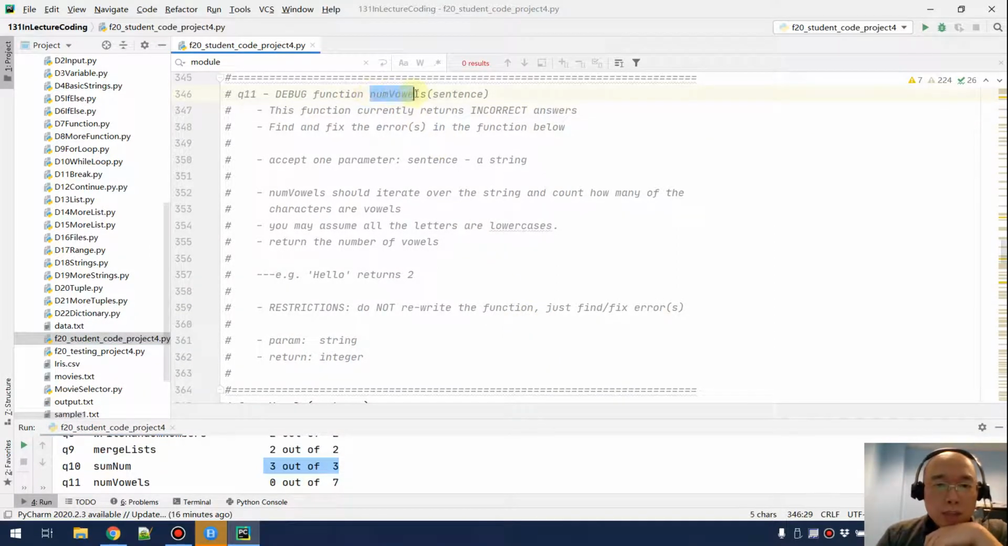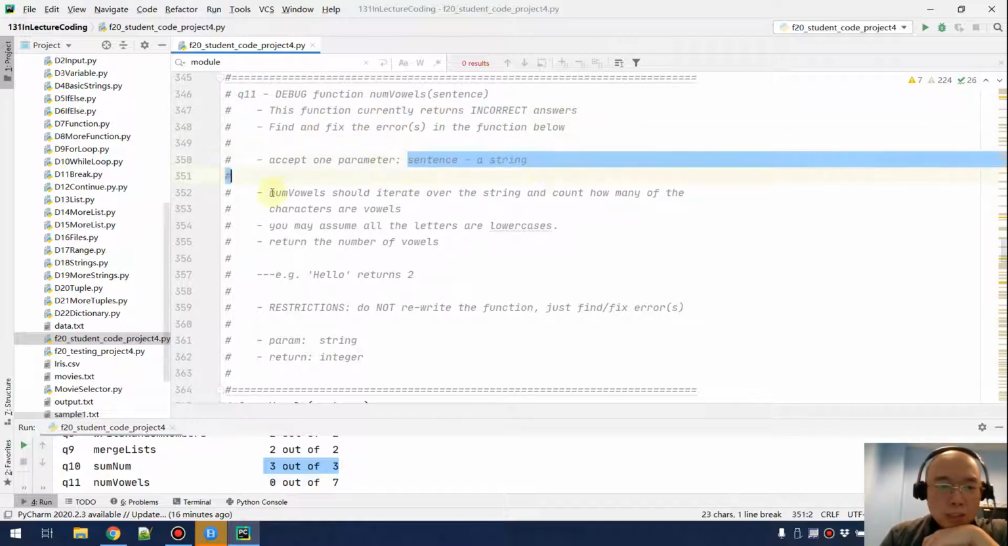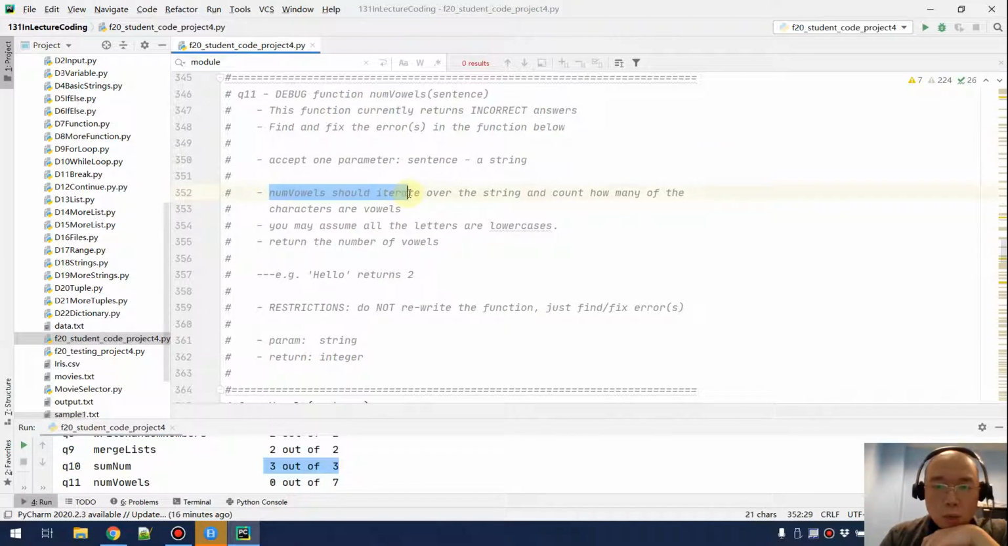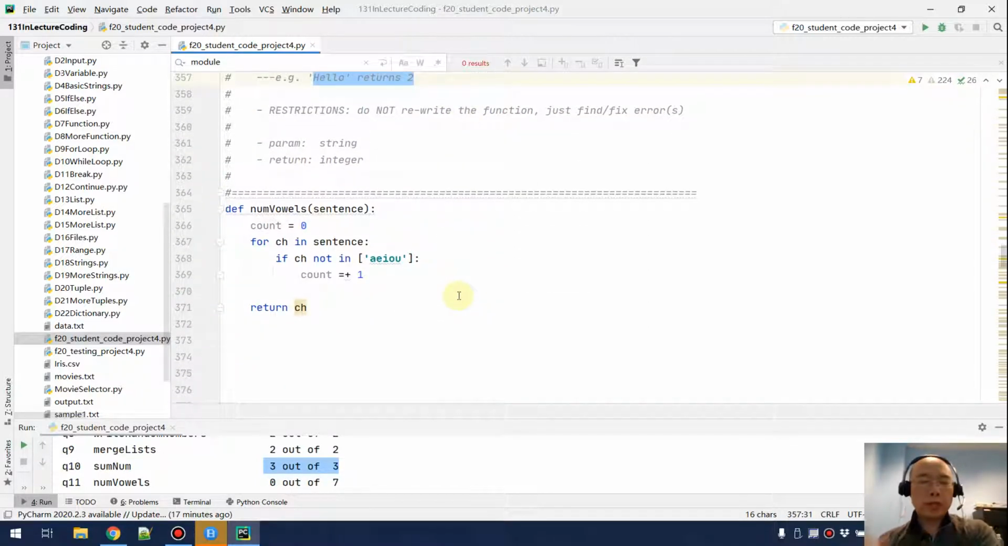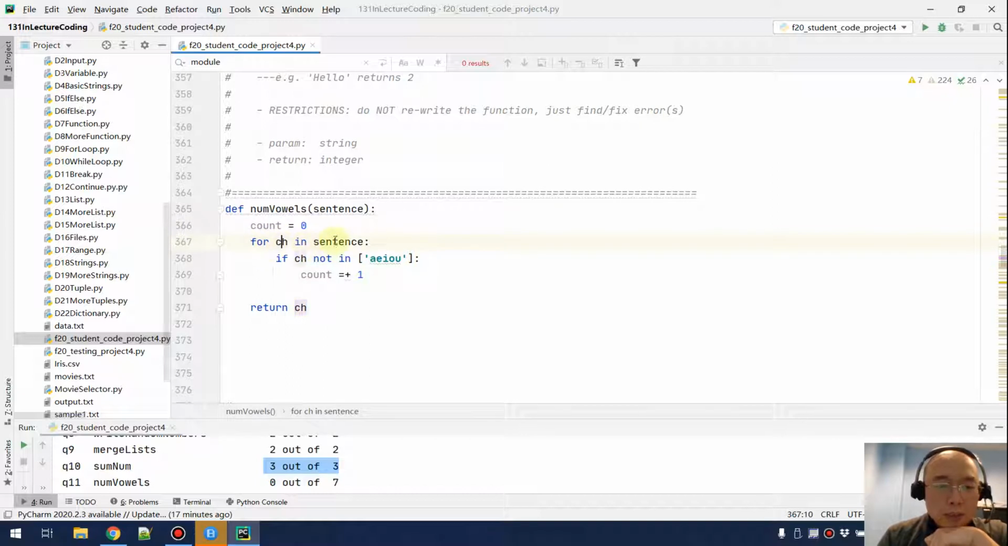Okay, the name of the function is vowels, and then I have a sentence. This runs but returns incorrect answers, so find and fix the errors. It accepts one sentence as a string, and then it should count how many characters are vowels, and you may assume all the letters are lower case. Return the number of the vowels, and hello will return a two. Okay, no problem. And I have the count, and then for character in sentence,